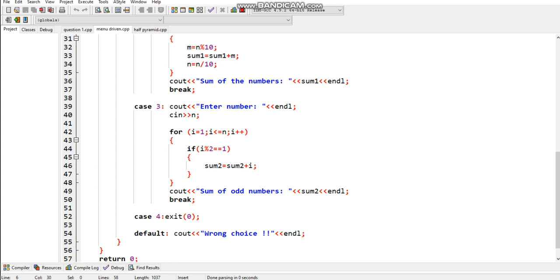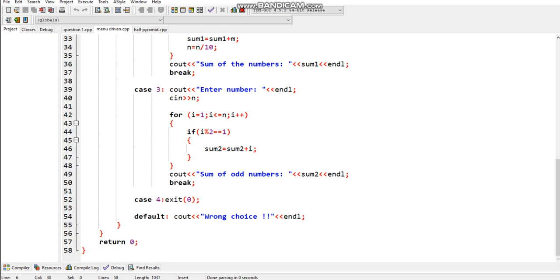So if we have taken n, and as above we have taken this sum 2 equal to sum 2 plus I, and it will print the sum of all.